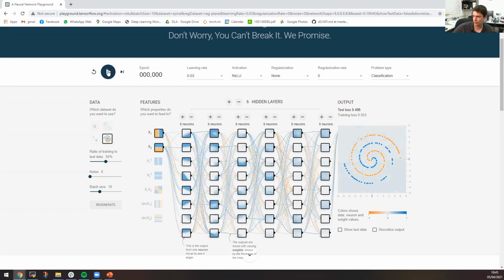Then now we can see it slowly optimizing. Okay, everybody's seeing it well, right? We're good. Okay, so just give it a little time